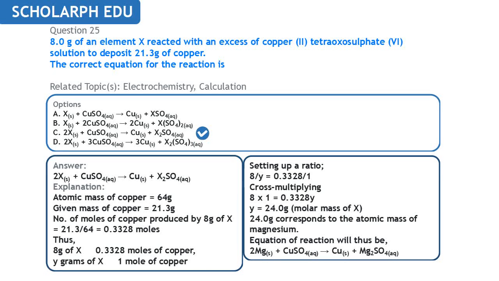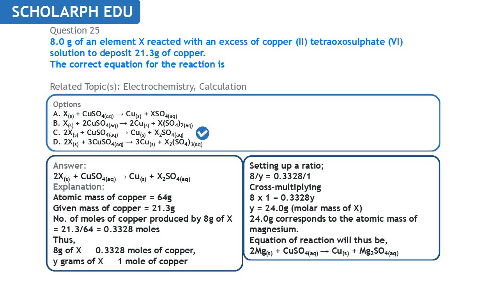0.3328 times y will be 0.3328y. To get the value of y here, we are going to divide both sides by this coefficient of y, which is 0.3328. So that means we are going to have y is equal to 8 divided by this, and that will give us 24.0 gram. So that means that the molar mass of that element X is 24.0 gram,